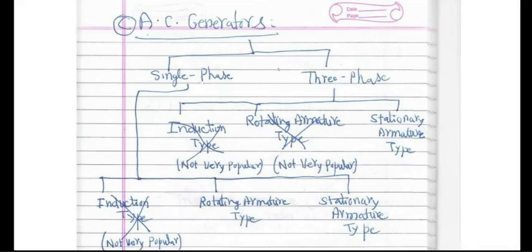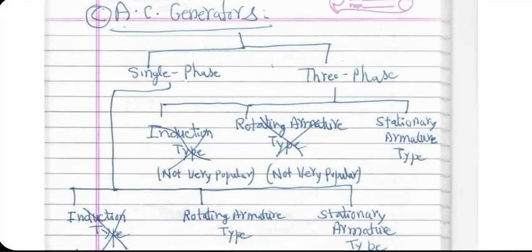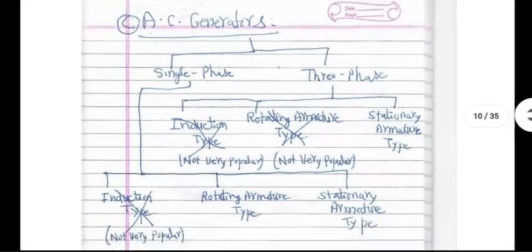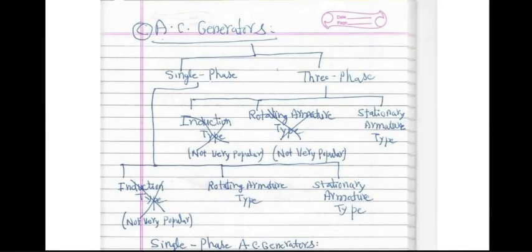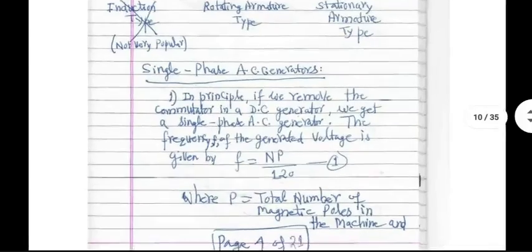Three phase generators, of course, can be delta type and Y type for sure. I have not mentioned it here, but leaving that aside, they can also be stationary armature type or rotary armature type in theory. In practice, rotary armature type is almost ruled out for three-phase generators because powers involved are very high. So you would rather not go for that. So I've deliberately crossed out that option. Induction variety, let's not bother about it right now. I'll come back to induction machines soon. Okay.